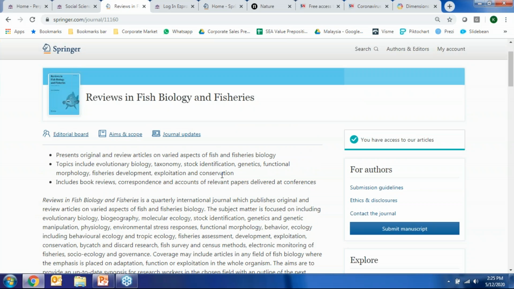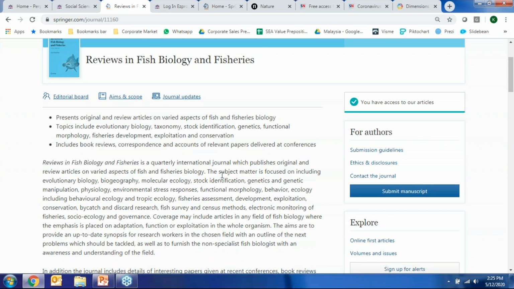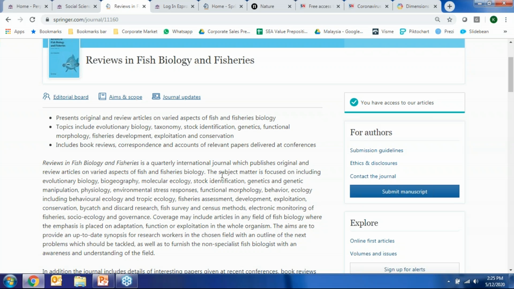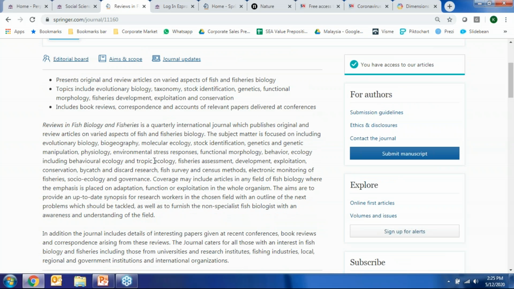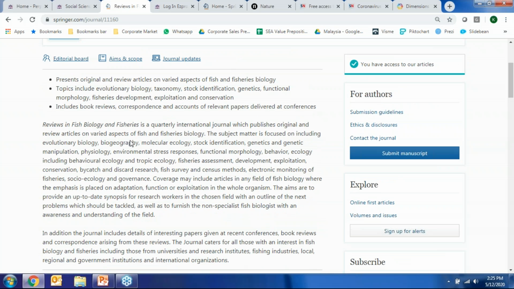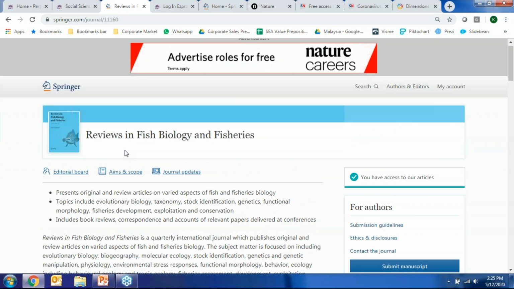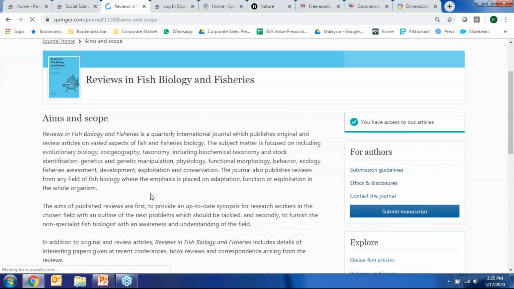So typically, if you start to see information where it contradicts or is completely tangent to what you should be reading, or is not of your interest at all, even if it's purely on the basis of just gaining more knowledge on the areas that you're looking at, then you could just perhaps go back to this step and look at another journal. So let's say in this context, I feel that yes, this journal looks a little bit interesting. And I think to know a little bit more, it'd be good to also look at the aims and scope, which you can click at the top of the page.